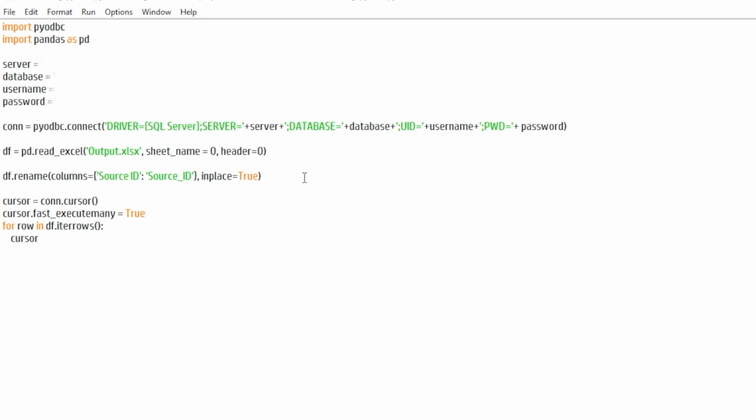cursor. Now we're going to execute the SQL script. So insert into test, source underscore ID, field, value, row number,